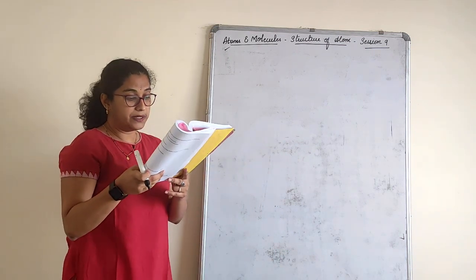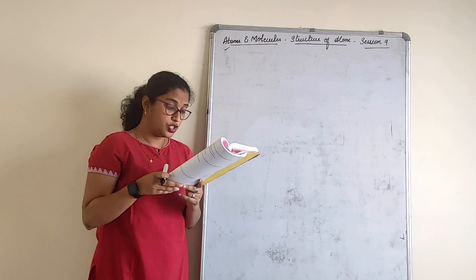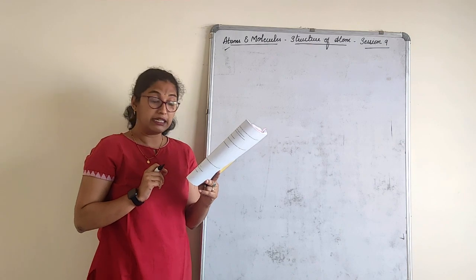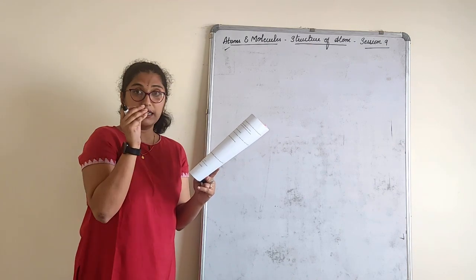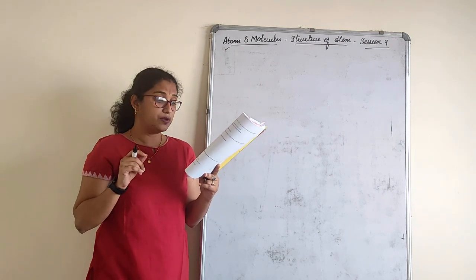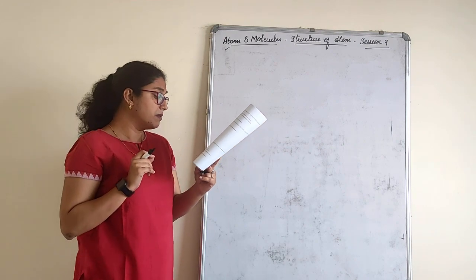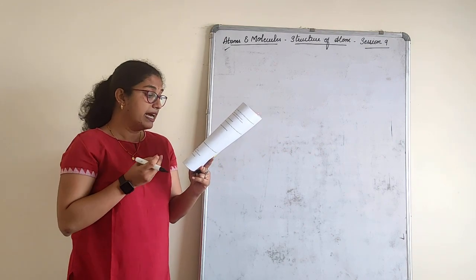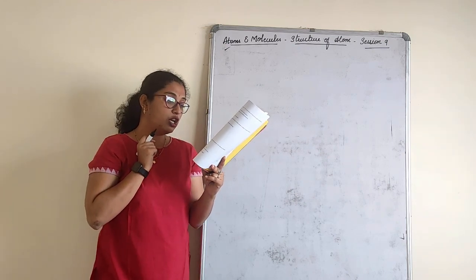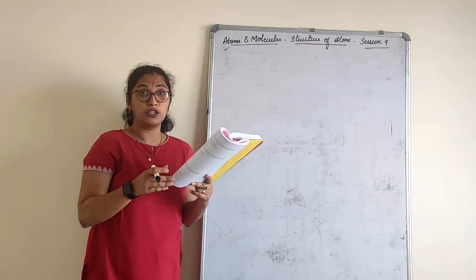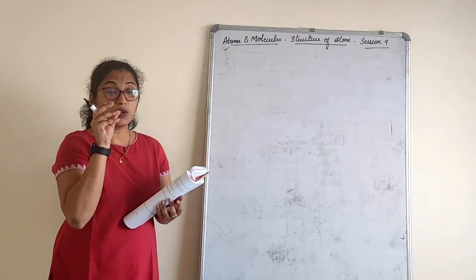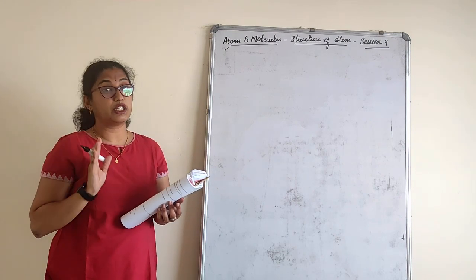When 3 gram of carbon is burnt in 8 gram of oxygen, 11 gram of carbon dioxide is produced. So 3 gram of carbon and 8 gram, totally, of course we get 11 only. What mass of carbon dioxide will be formed when 3 gram of carbon is burnt in 50 gram of oxygen? Which law of chemical combination will govern your answer? Now see children, you get carbon dioxide only, right? We have to see that reactant and product masses should be the same.